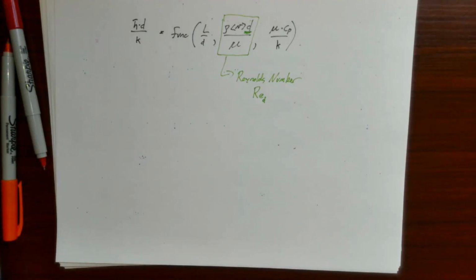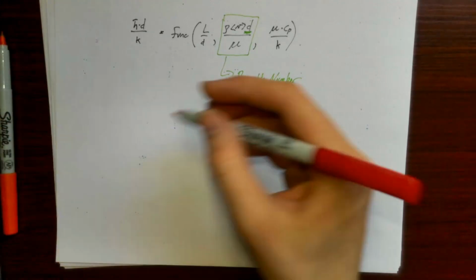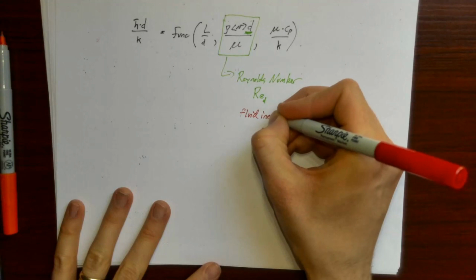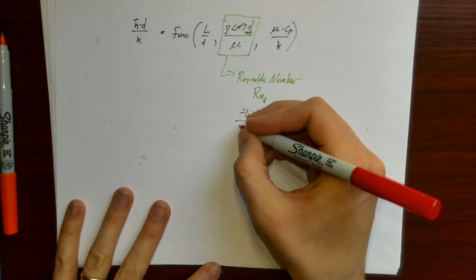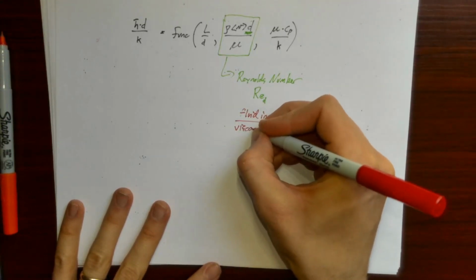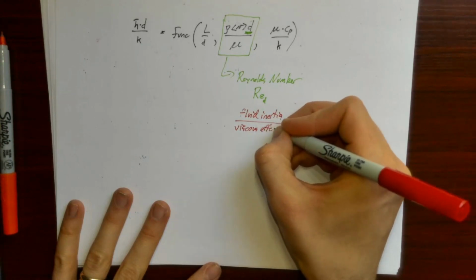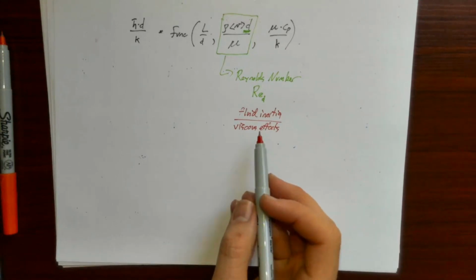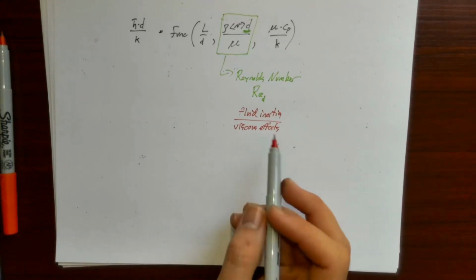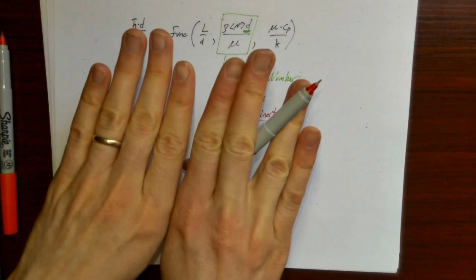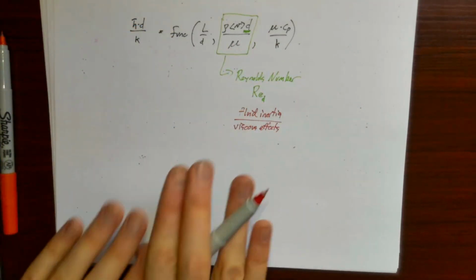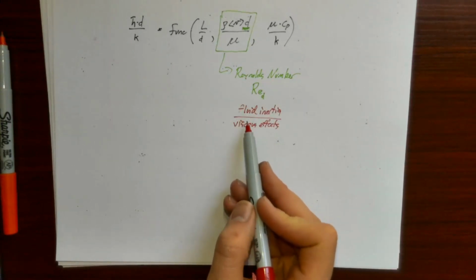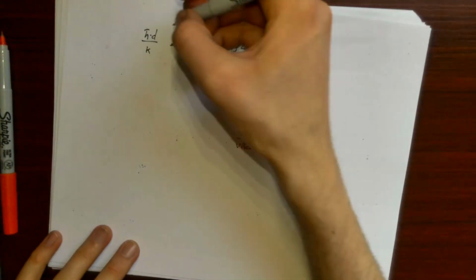You can think of Reynolds number as a ratio of fluid inertia to viscous effects. And flows that have lots of fluid inertia and relatively little viscous effects tend to be turbulent, whereas flows that have viscous effects, those viscous effects basically keep all of the streamlines in order and end up with laminar flow. So Reynolds number is used for laminar flow versus turbulent flow,